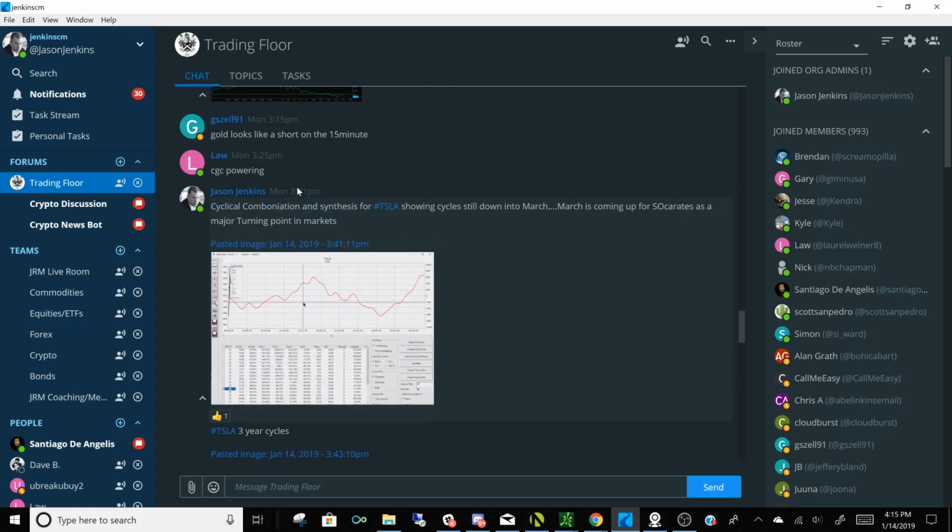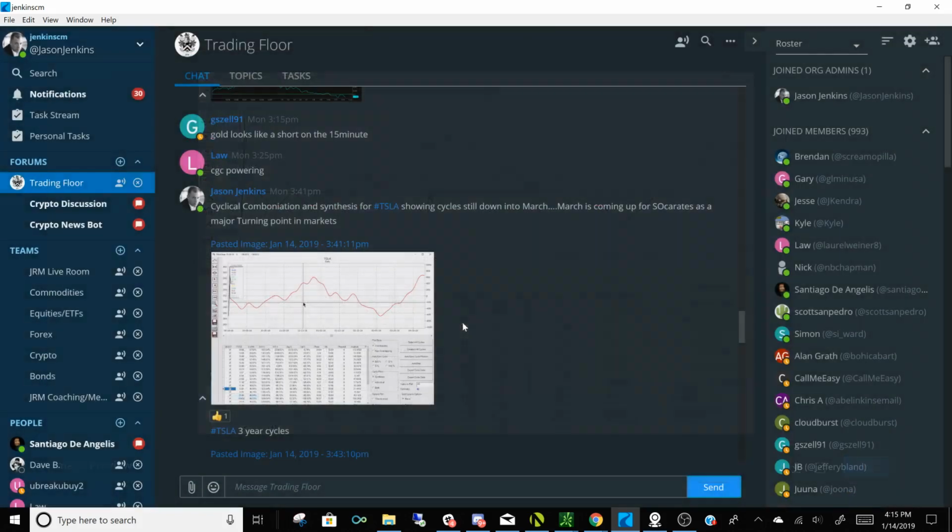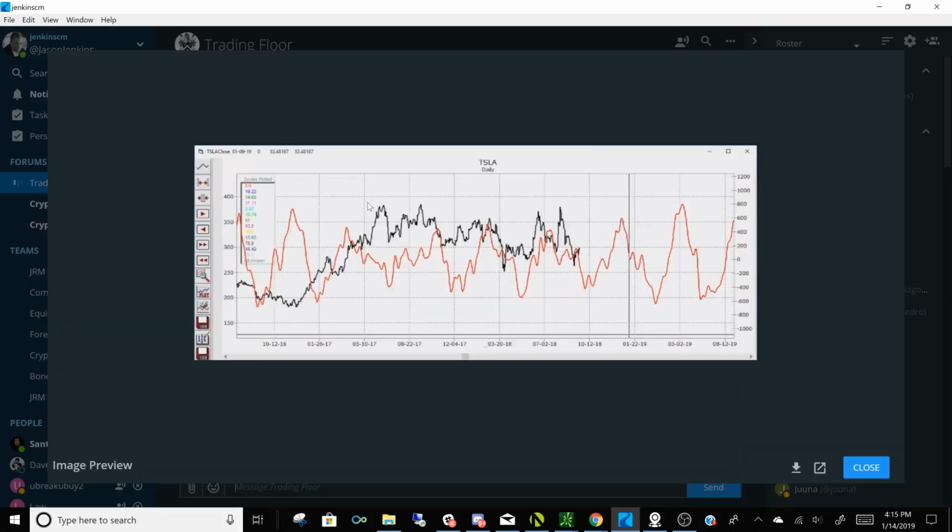I thought this was interesting. I just went back and looked at some data here. We had Tesla, and this actually really played out well. This is a combination of cycles here. But look at this, it has a low into March after peaking here in December and January. I could definitely see that playing out with the overall markets. Here you can see we made a high in December, and we've got another rollover here through January 22nd into maybe this February, March time frame,